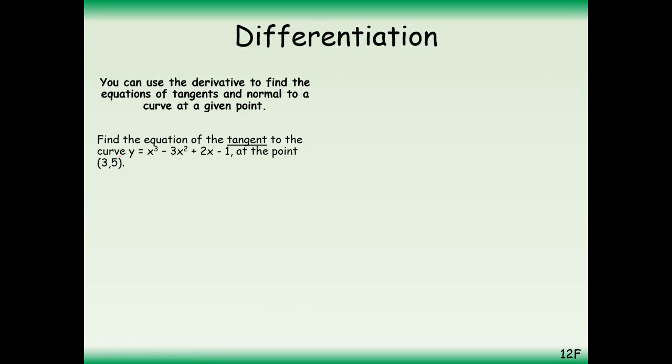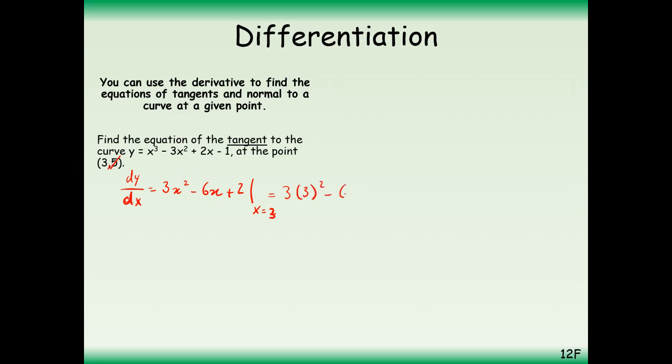Alright, so notice one more time that 5 is irrelevant to us. We're just concerned with the x coordinate. So tangent, that means just go ahead and find dy by dx. So pause the video, do this with me. So tell me, I hope you've seen 3x squared minus 6x plus 2. Then we're going to evaluate this expression at x equals 3, and we're going to get 3 times 3